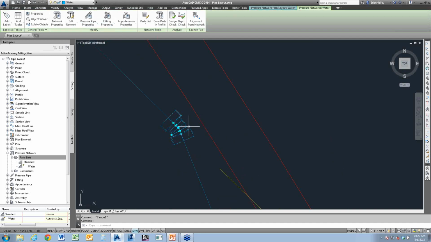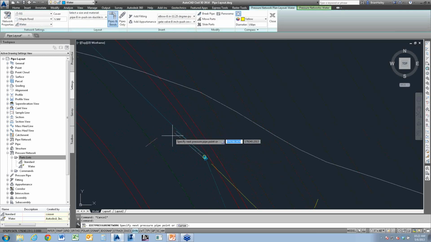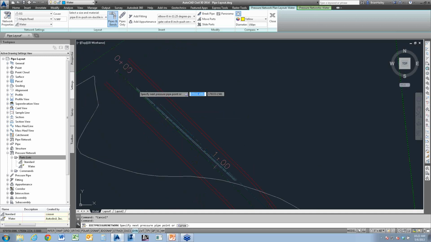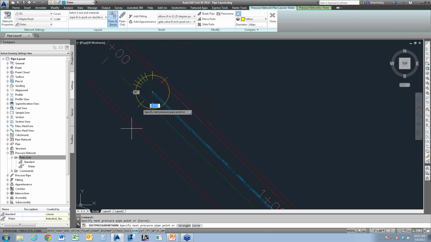And if you notice, as I zoom in here, at the ends I have two little plus symbols. So I grab the plus symbol and I'm now able to draw off the end of that pipe. Based off of that allowable deflection, so I put a 3 degrees deflection in here, I can now place this pipe wherever I need it to go. And I want it to end right there. Now because I didn't connect to another fitting, it gives me that compass again, so I can then continue on and do those exact angles if I need to.